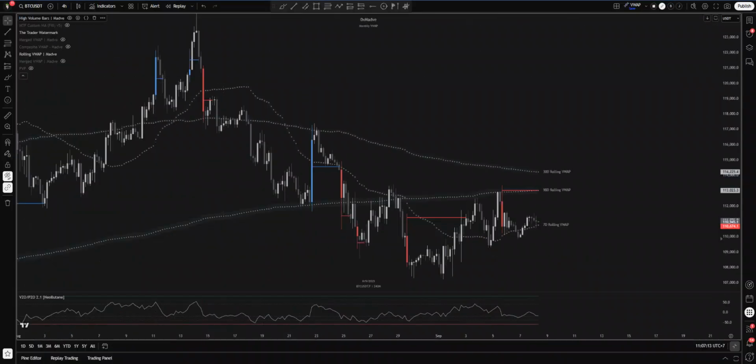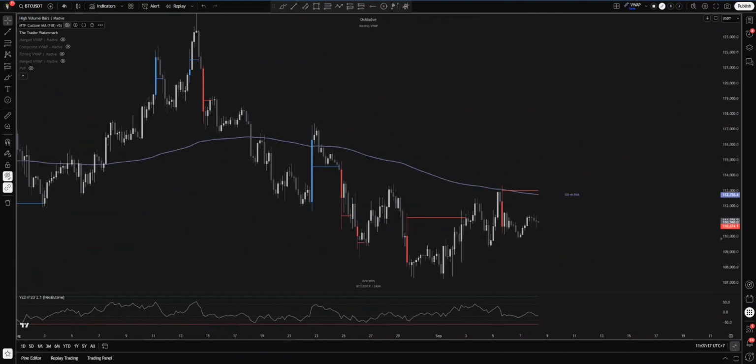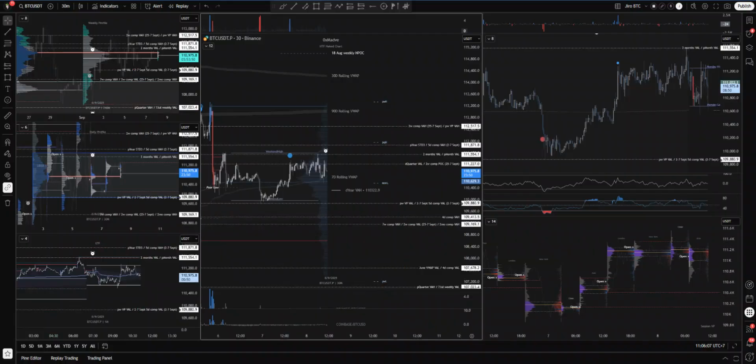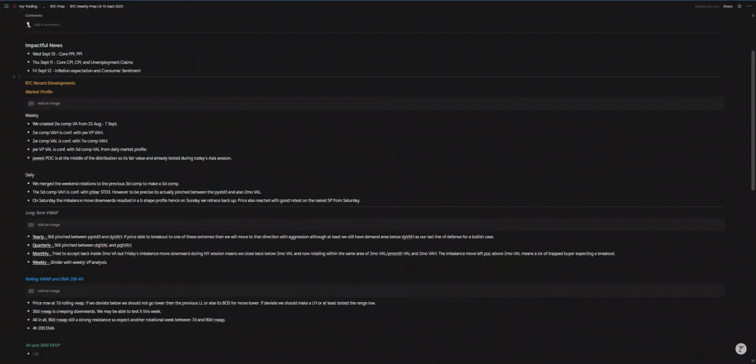Okay, how about the EMA? Oh, okay, creeping downwards as well, similar value. In fact, on Friday,